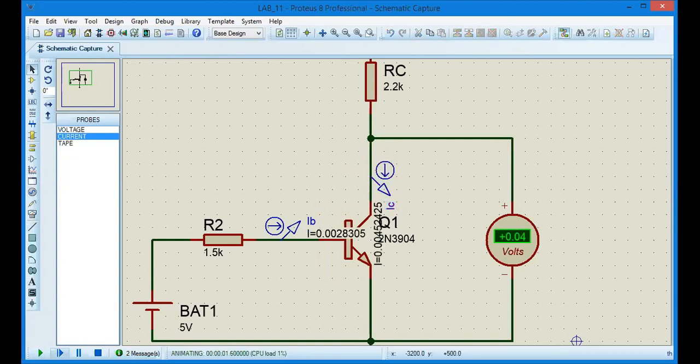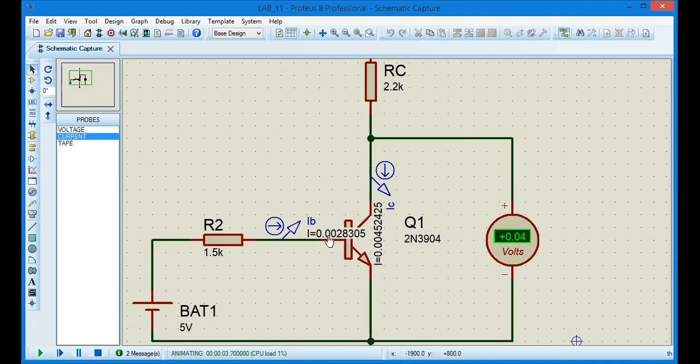And everything is great, except that you can't see it very well because it's going over the Q1. So we can stop that, and we can do two things. We can just actually move these. Don't double click, just drag it out. Unfortunately, there's nothing you can move on this probe so it doesn't show the current there. It's just the way the simulation is done. So here, if we started, we can see it correctly,